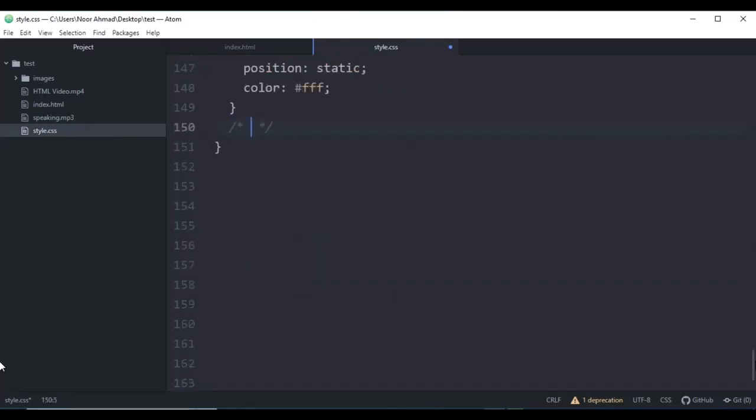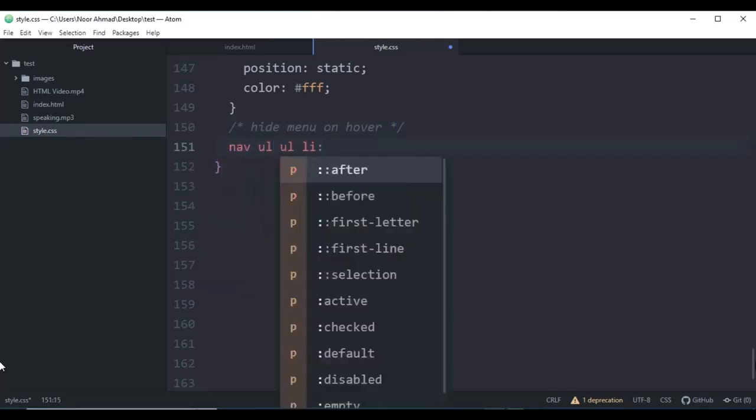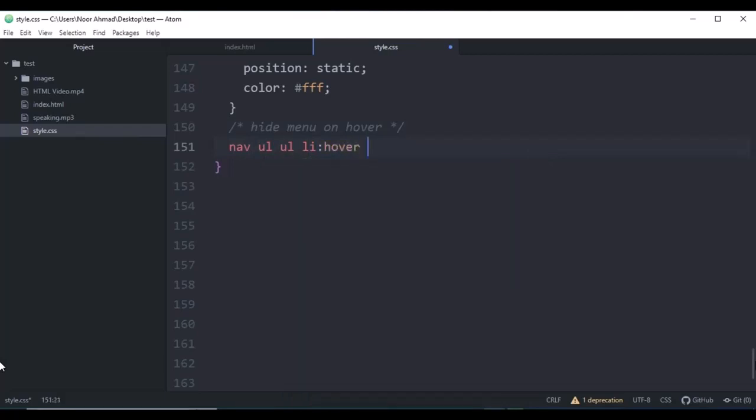So this one will be to hide the menu on hover. So now let's target the navigation bar ul li and hover, and let's select the first tile ul